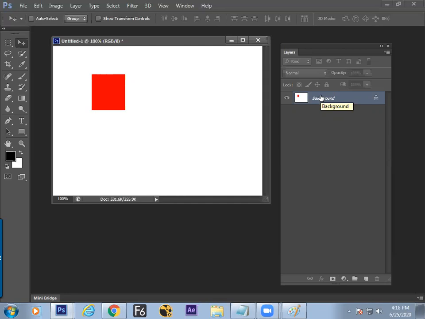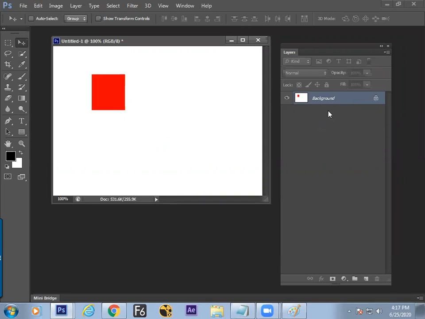So in this way, what happened? The layer will be in lock condition. We cannot move it. If you need to move the layers, then we need to adopt different methods. But for the time being, we got to know that by default, the layers are in locked condition with a name called Background layer.